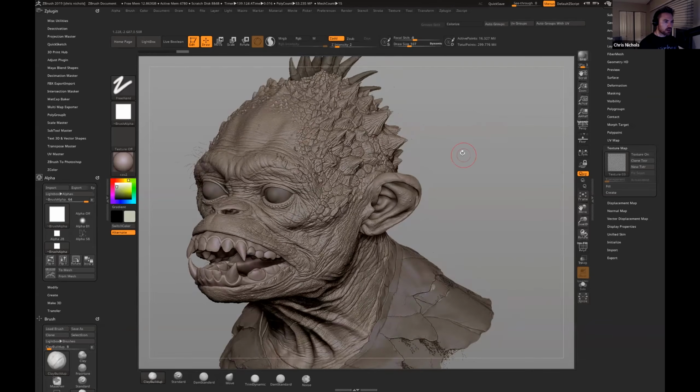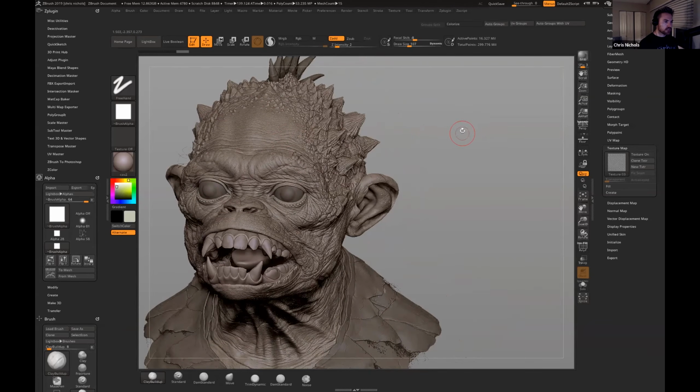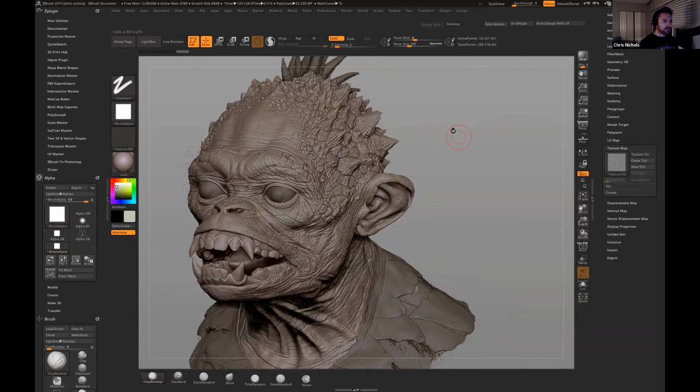Now, what I always love to do is start by thinking about the character. What is the model suggesting? You might already have some concept art from another department, like in the case of Thanos, we had that great 2D, 3D hybrid concept from Marvel. But I always want to be telling a story. That's at the core. That's really what you want to do, get those creative juices flowing and start to think about what you're going to do to tell a story about this creature. And I find with this course that all the students have a relatively different approach. Some are going to go more aquatic. Some are going to make it look more like a monkey, looking at walruses.